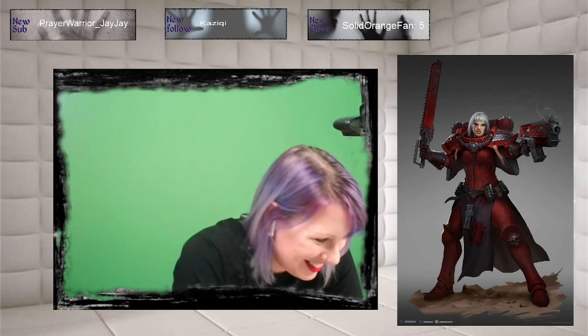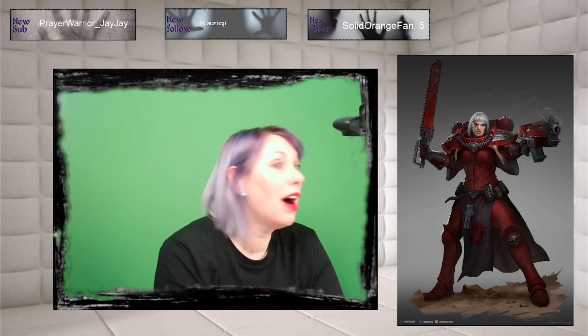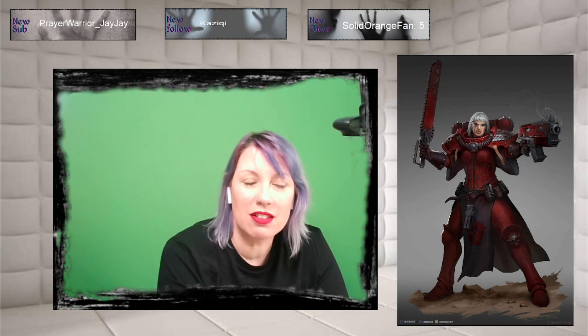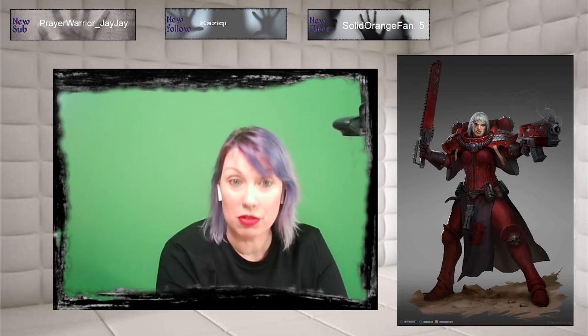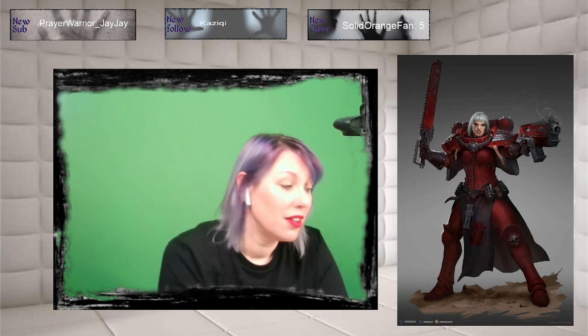Now I realized one of the things I have not done is get lace to lace up the back. So for the picture that I might take later on, I might have to go and get the lacing out of my own little corset that I already have. So we'll have to see.